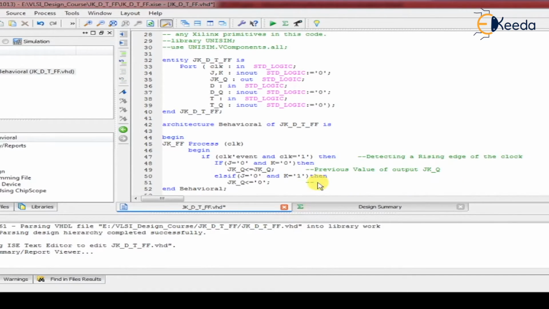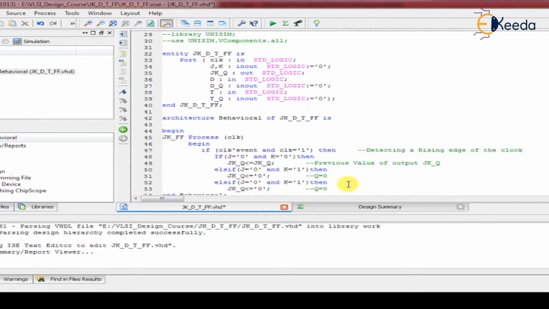So this is Q is equal to 0. Now control C, control V. If J is equal to 1 and K is equal to 0, in that case Q is equal to 1. So JK underscore Q, I am assigning logic 1.